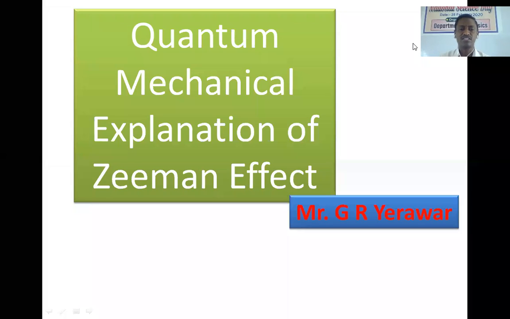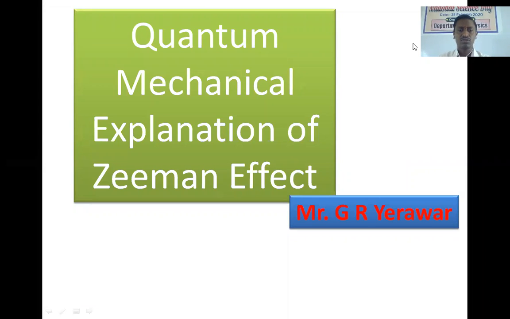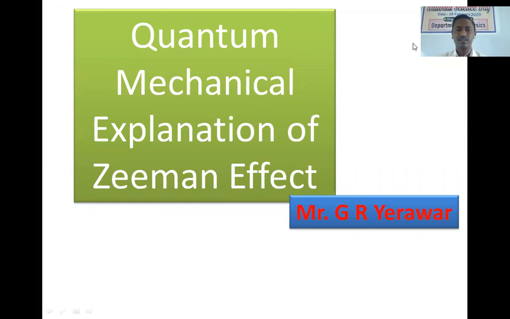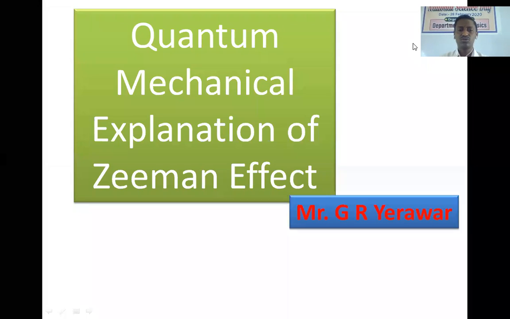Quantum mechanical explanation of normal Zeeman effect. As we know, the normal Zeeman effect is produced whenever a spectral line is placed in a comparatively strong magnetic field. So, in presence of the strong magnetic field, a single spectral line is found to be split up into two or three components depending upon the direction of observation,